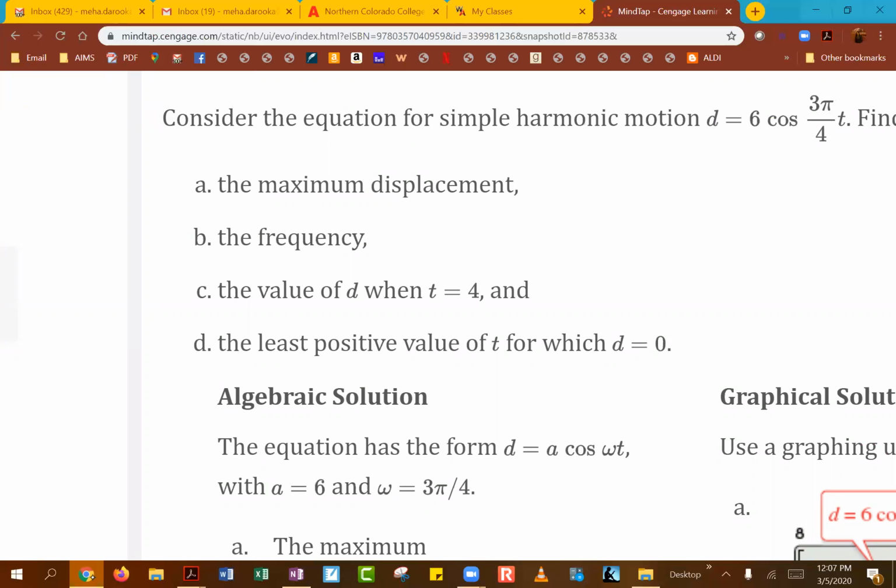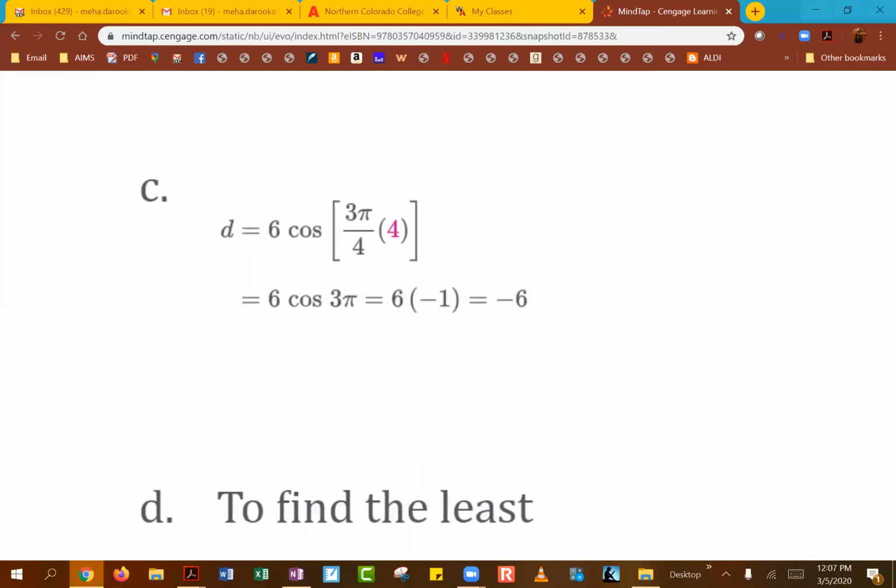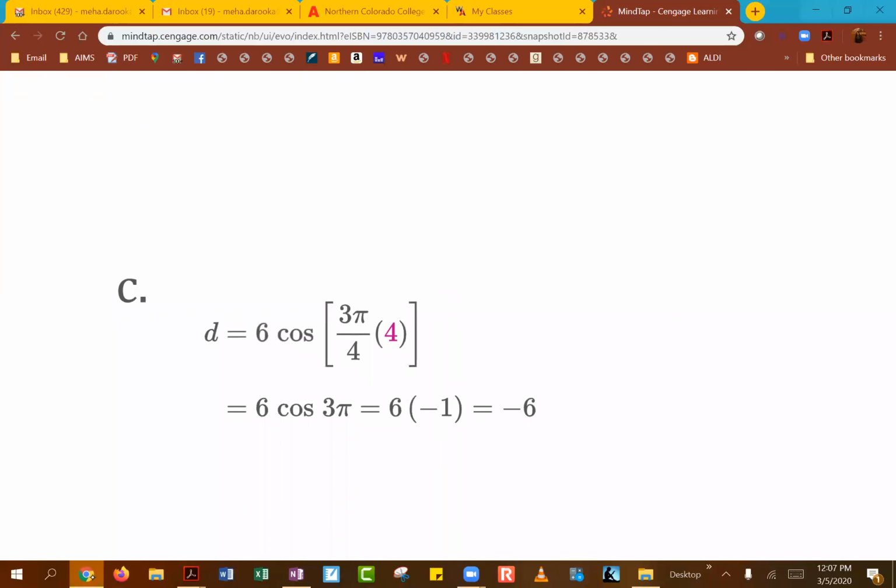Now they want to know what the value of d will be when we substitute in t equals 4. Obviously you can see that calculation is where the 4 and the 4 cancel each other out. You're going to be left with cosine of 3 pi. Now think in terms of the unit circle. Where does 3 pi fall on our unit circle? Is it at the starting point of 0? Because that's 0. And then once you make a circle,